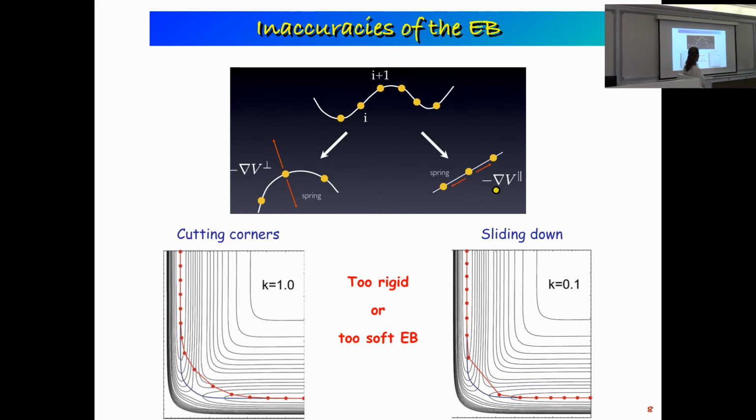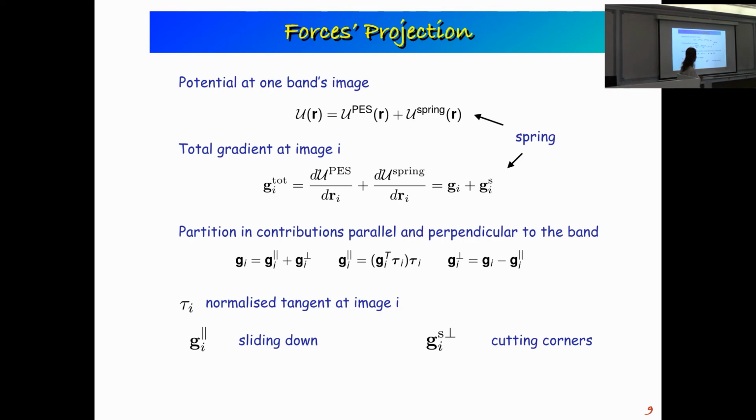Okay, and the sliding down is due to the parallel part of the force, parallel to the band, and it comes from the underlying potential energy surface, while the corner cutting comes from the orthogonal component of the forces, and it depends on the spring potential. So the next and most used method in this family of methods using elastic bands